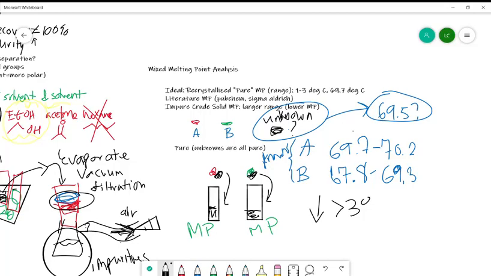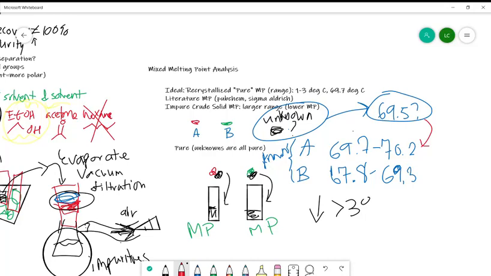Sorry, I just said if it were A. I mean, if it's not A. If it were A, okay, so this gets a little confusing. So basically, if this compound were A,